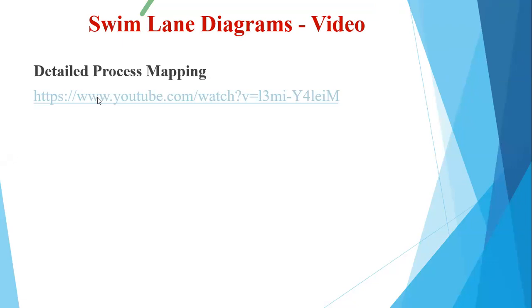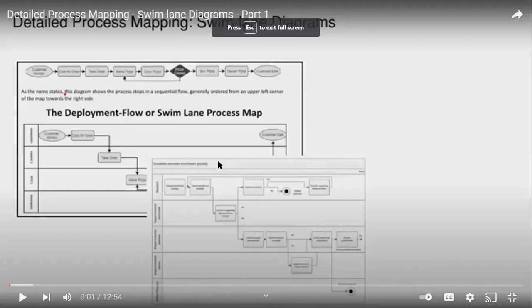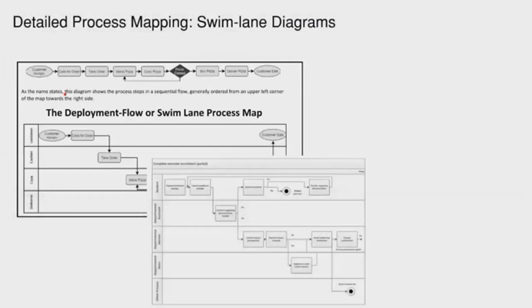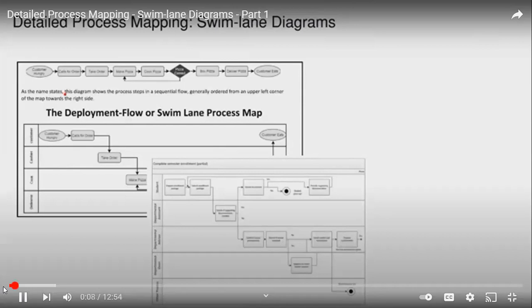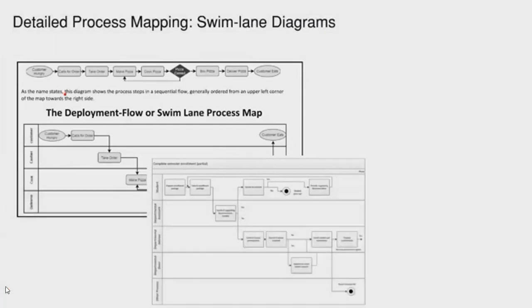In this video, we're going to continue our analysis of detailed process mapping techniques, and in particular, we'll look at swim lane diagrams. The learning objectives are going to be to show some of the benefits of using a swim lane diagram for process improvement,